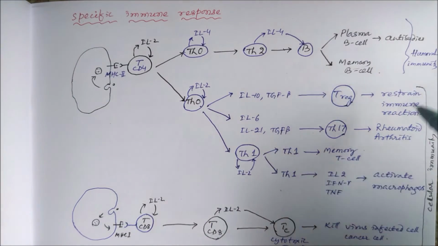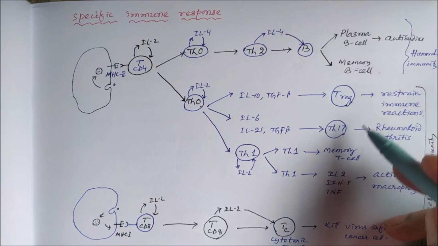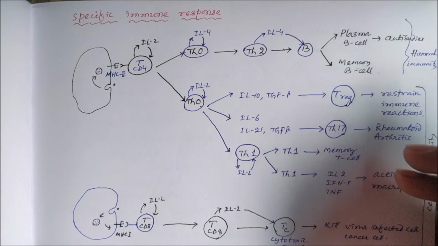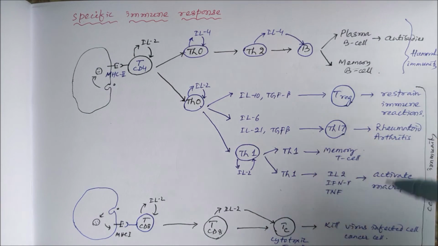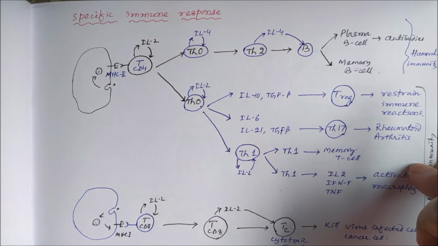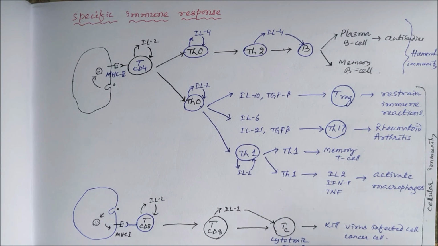So this is all about the MHC2 and CD4 T lymphocyte interaction. So these are coming under the cellular immunity. So immunity can be either humoral immunity through antibodies or through other cytokines, and when it is through cytokines, it is called cellular immunity. Then due to interaction of MHC1 and CD8 T lymphocytes, there will be release of interleukin 2, which has autocrine action on the CD8 T cells to form cytotoxic T cells,